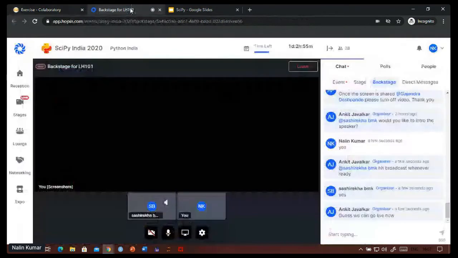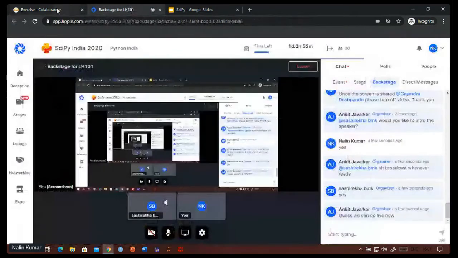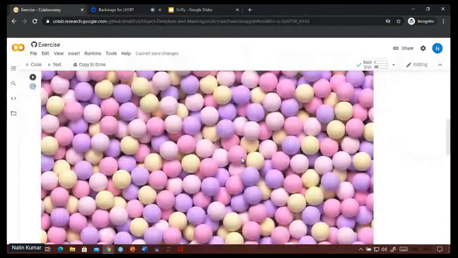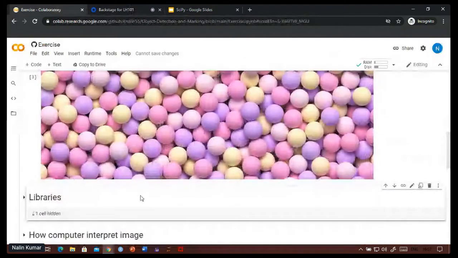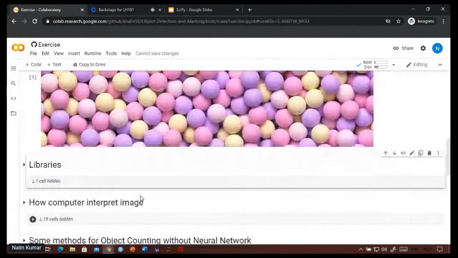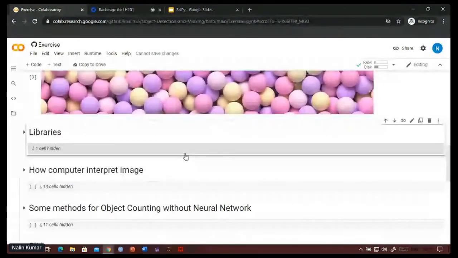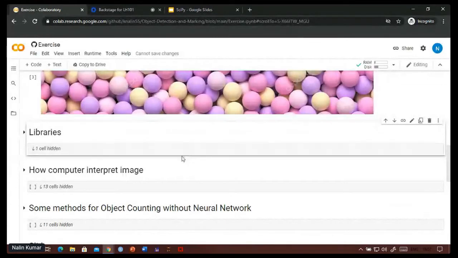Okay, so let me give you an overview of what we will be covering. First, a little bit about the libraries we'll be using, then how computers interpret these images while coding.